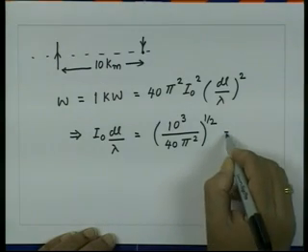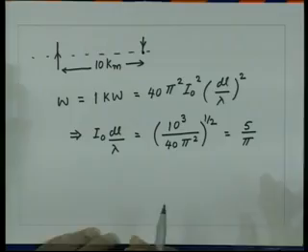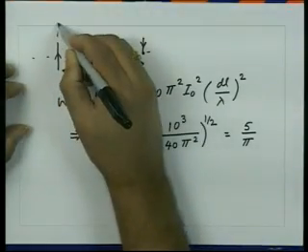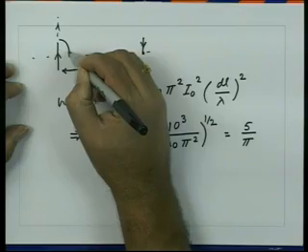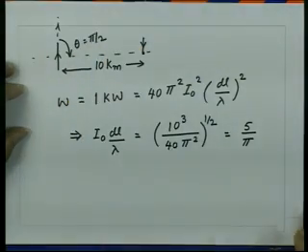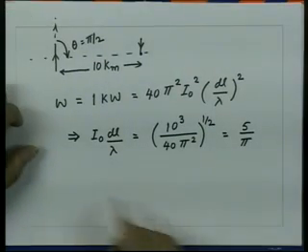So, that is equal to 5 upon pi. Now, at this location, this is z axis, so theta in this case is again 90 degrees, is pi by 2. So, we can get the electric field,